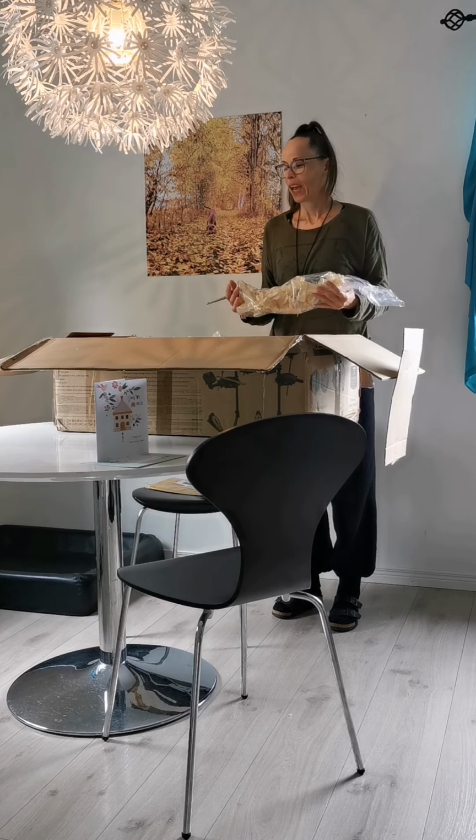And let's see, where should I put this? The box is so big. Let's see if there's something else she has put in here, or if there are more things in here. Yes. Here we have